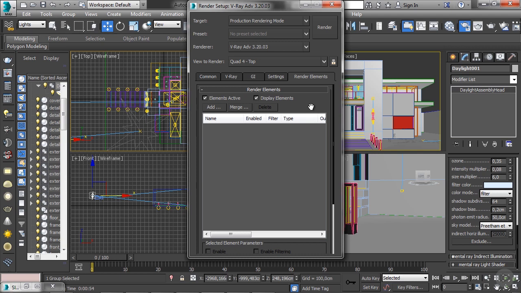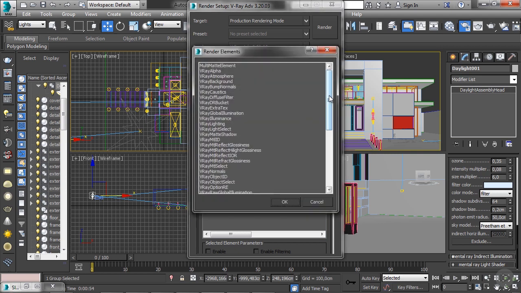So render elements are basically parts of the render that are processed and can be rendered out as a separate image so you can have more options in post-production. So we have a lot of render elements and it's a very long and very complex subject. But for this course, we're going to use one single render element, which is the V-Ray wire color, which is